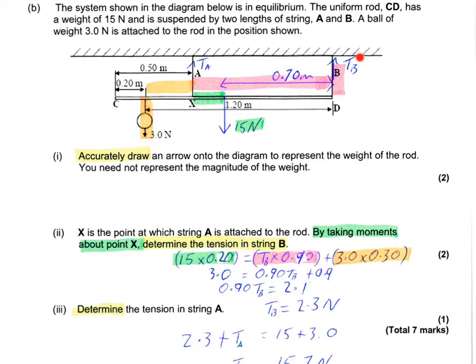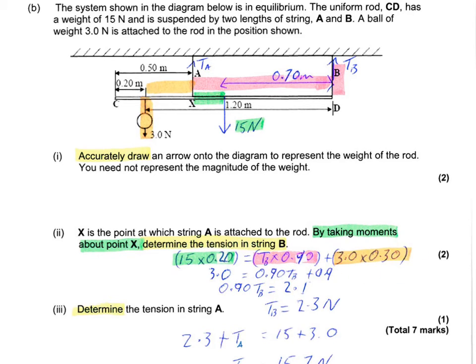In trying to turn it in the anti-clockwise direction, I've got two forces. I've got the 3 newtons there, and I've got TB, the thing I'm trying to find. The whole thing's 1.4 metres. If that's 0.5, that must be 0.9 metres. That whole distance is 0.9 metres. So there's TB times 0.9,